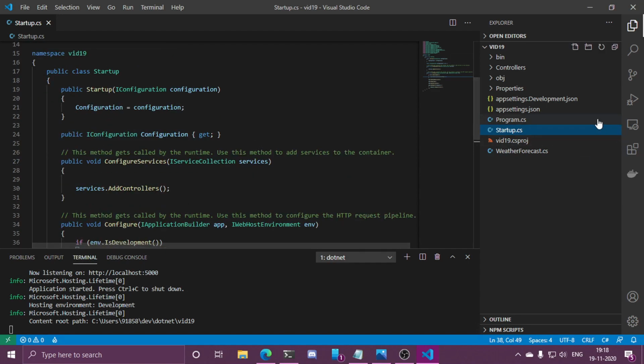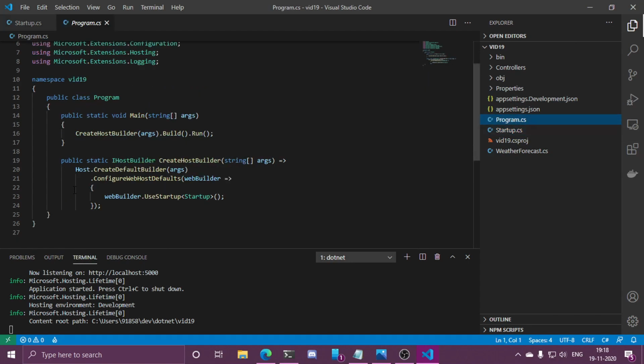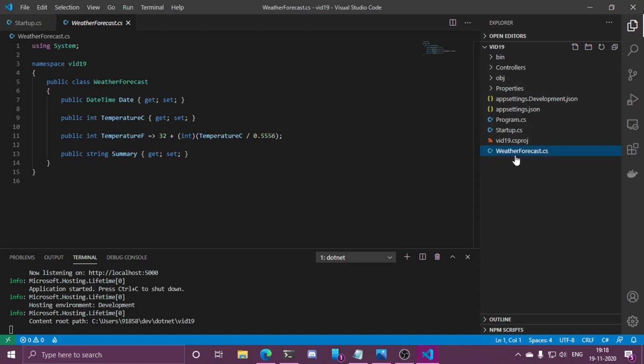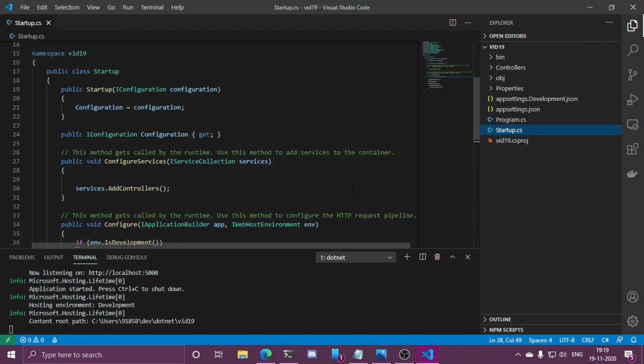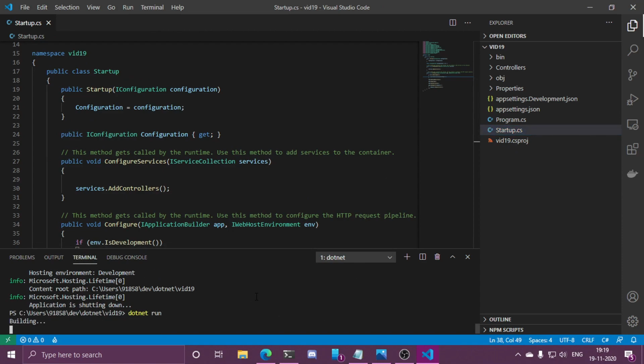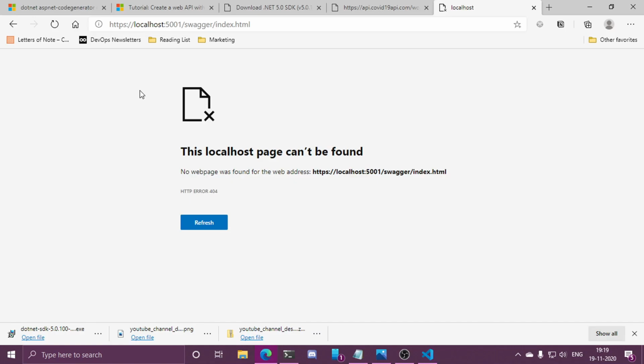Okay, and then also let's talk about this Program.cs. Again, this is the actual web server stuff. Okay, so you do not have to concern yourself with any of these files. We can also get rid of this thing because this is basically the model for the weather forecast file which we have just deleted. Okay, again let's boot this thing up after deleting so as to check that everything is working.